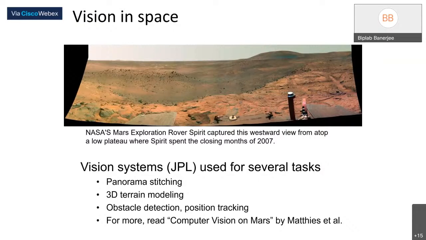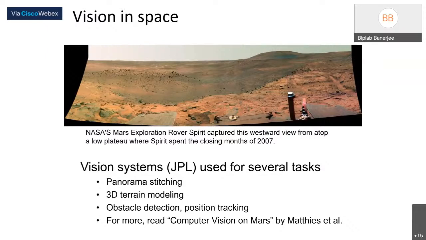Vision has been applied to other kinds of data as well. For example, satellite data, or when there's a Mars mission or Moon mission, they take photos of those surfaces and then they do the analysis, right? And here they have interesting problems. How to ensure that the landing is safe, so it's not in some crater or anything. How to combine images to get a bigger field of view, which is called panorama stitching. And when the rover moves on the Moon surface or Mars surface, how to ensure that there is no obstacle.